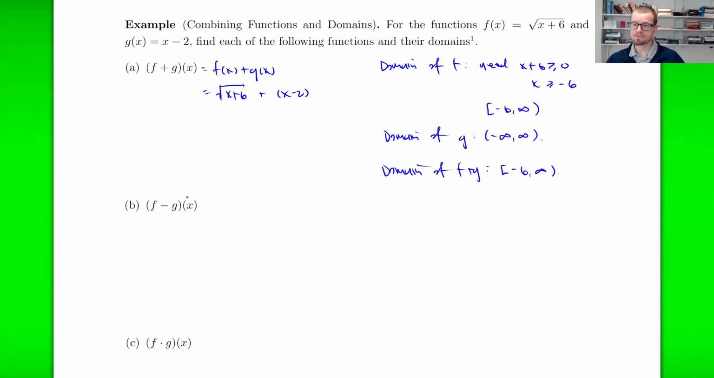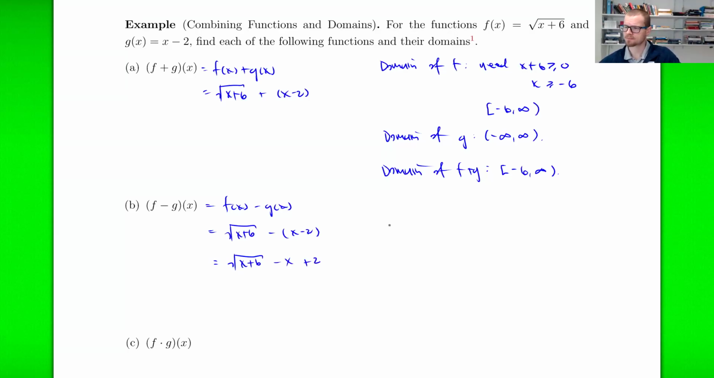Now I can continue on, and the following couple of examples will use exactly the same domain. F minus g of x is f of x minus g of x. F of x is the square root of x plus 6. G of x is x minus 2. Now, in this case, maybe it would be nice to distribute the subtraction into the parentheses. Maybe. You could probably leave it as it is. Otherwise, you might want to write it as the square root of x plus 6 minus x plus 2,